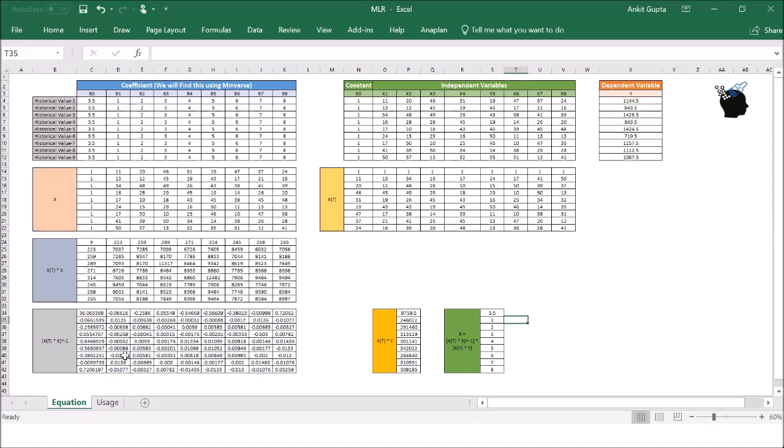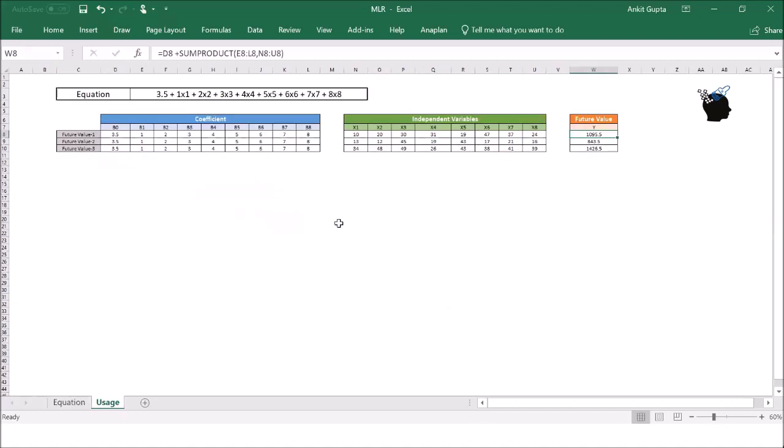Once you have done that, you can use it to start computing your future values based on the MLR equation which you have formed. This is one of the uses of MLR, where you can use it for causal forecasting to find out all the independent variables on which your dependent variable depends.